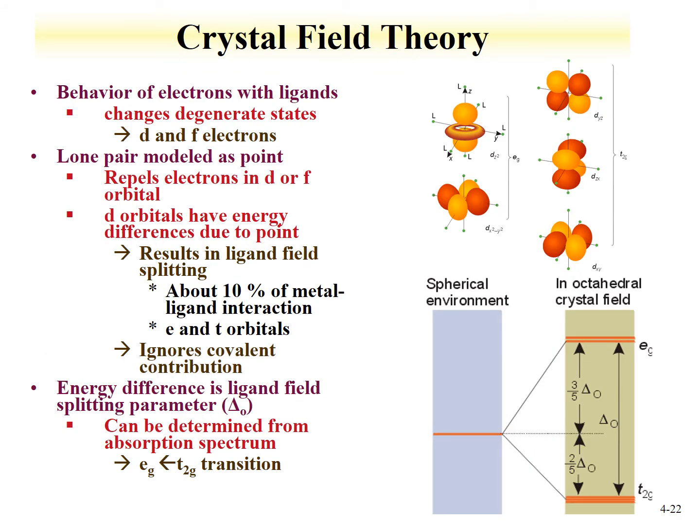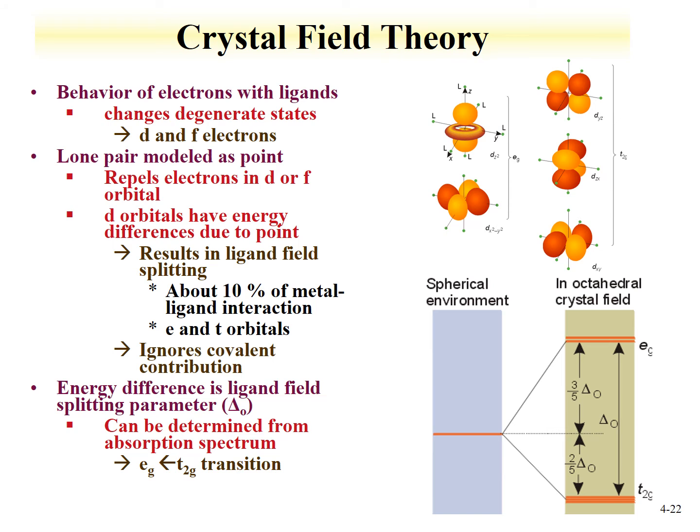The crystal field theory is particularly useful to describe changes in the degenerate states of metal-ligand complexes, and these changes stem from interactions of the d and f electrons. Within the crystal field theory, the lone pairs of the ligands are modeled as points. So electrons can be repelled in these orbitals, and that winds up splitting those levels. For instance, d orbitals have energy differences due to the lone pair being modeled as a point. This results in ligand field splitting,